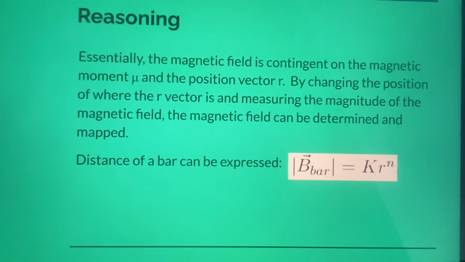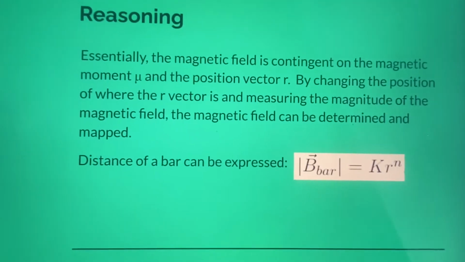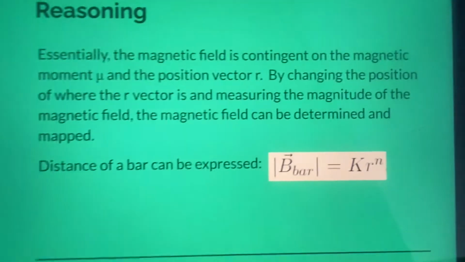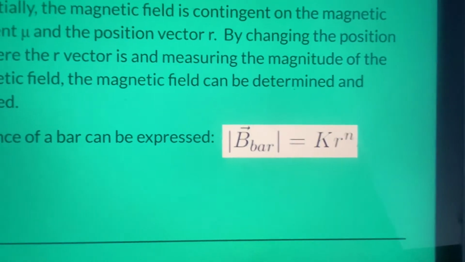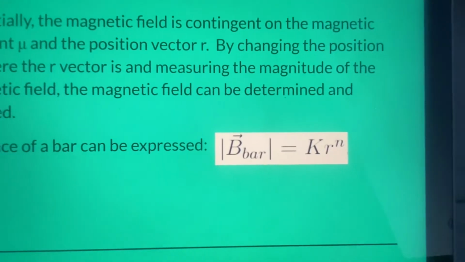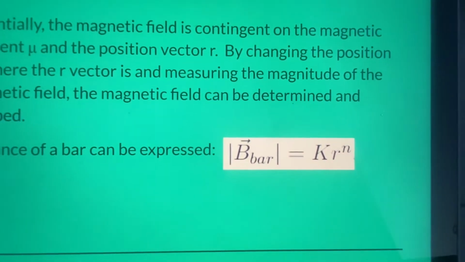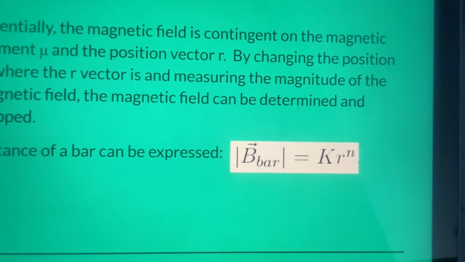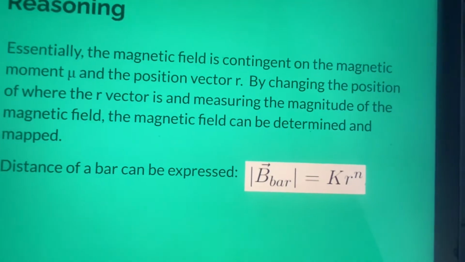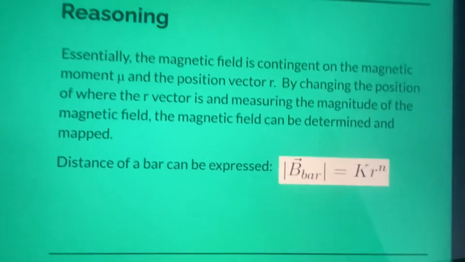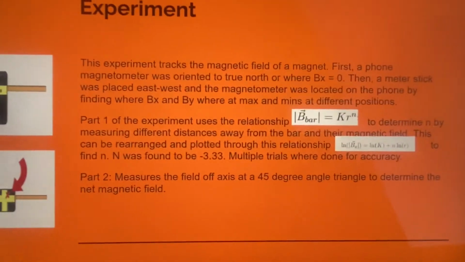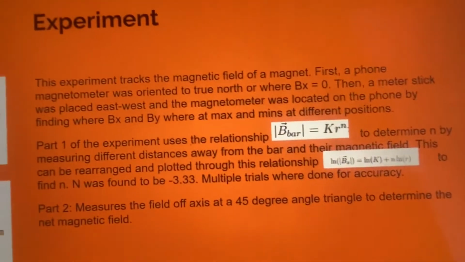Also, this theory can be further simplified by saying that the magnitude of the magnetic field can equal some constant times r raised to a distance dependency number, basically how important the distance is to the magnitude, or how much it'll change. And so the experiment was done by